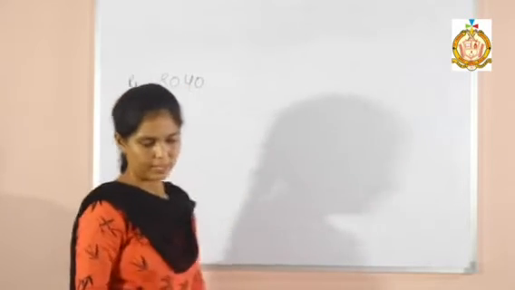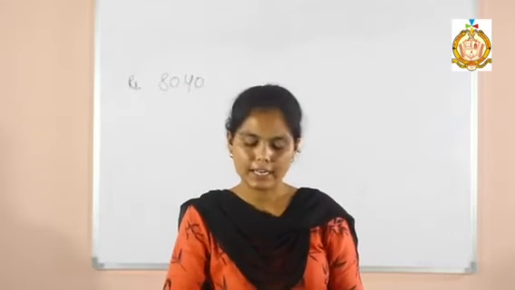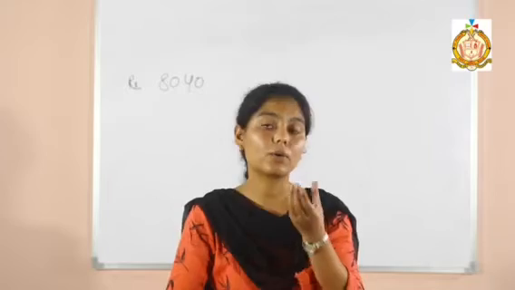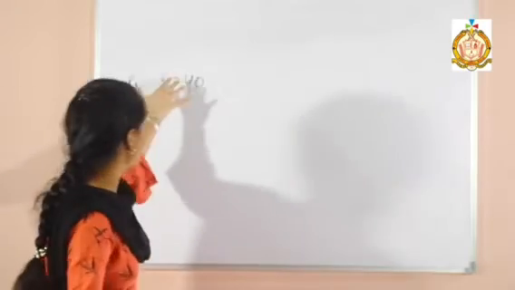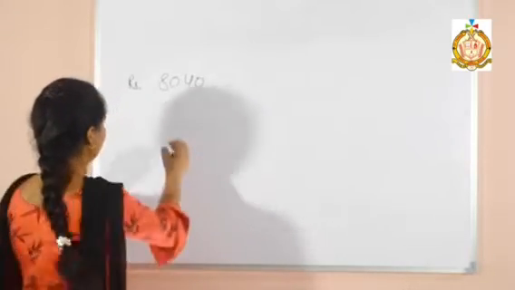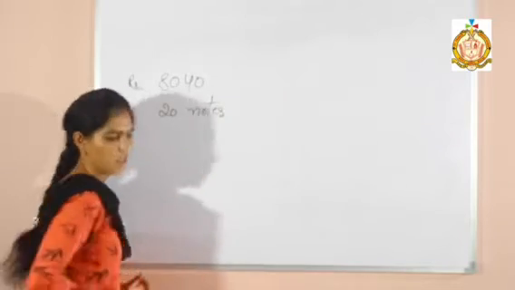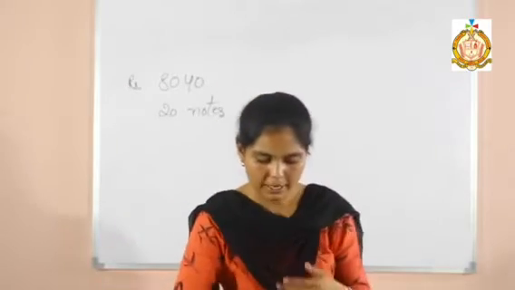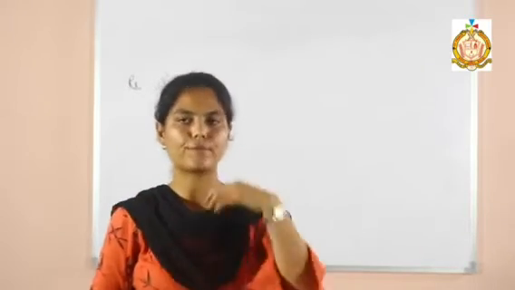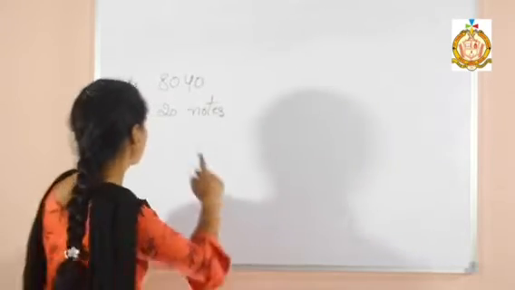She was paid in 20 rupee notes. That means she took 20 rupee notes for 8,040 rupees. Now we have to find how many notes she got for 8,040 rupees. So we have to divide